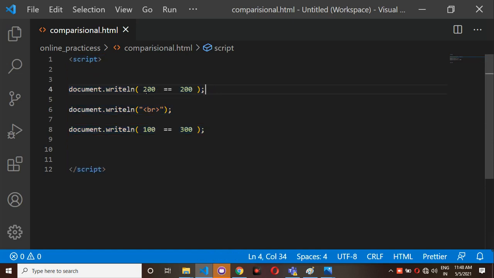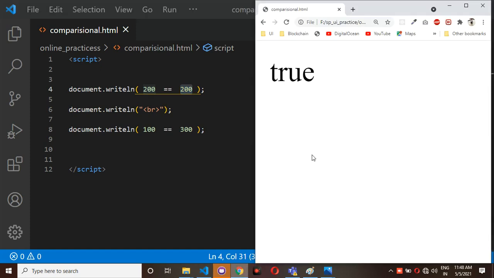For the first one you will get the boolean condition true, but for the second one you will get the boolean condition false. The reason is 200 is equal to 200, both are equal. But in the second condition 100 will not be equal to 300. So here double is equal to is going to check whether the two values are equal or not. So in this case you will get the first one as true and the second one as false.